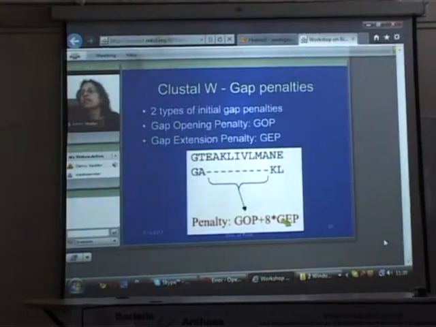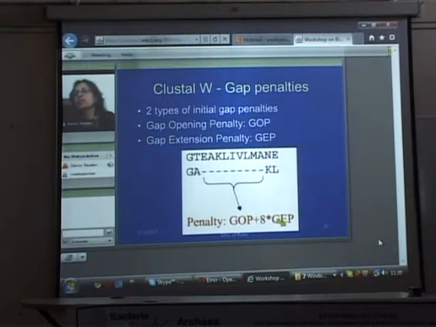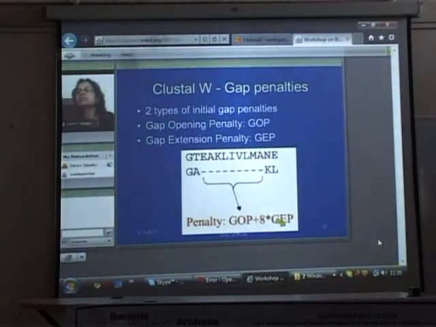And these GOP and gap extension values are available to the user as default values, or depending on the experience and expertise of the user, you also have the option to modify these values. As advice, it is better to use the default values when you are trying to align sequences using ClustalW for the first time. And as you see, if you have some prior information, prior data about your sequences,